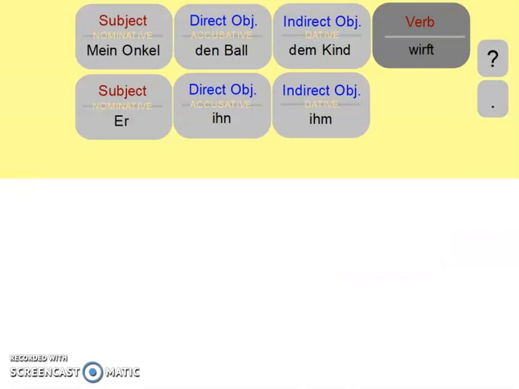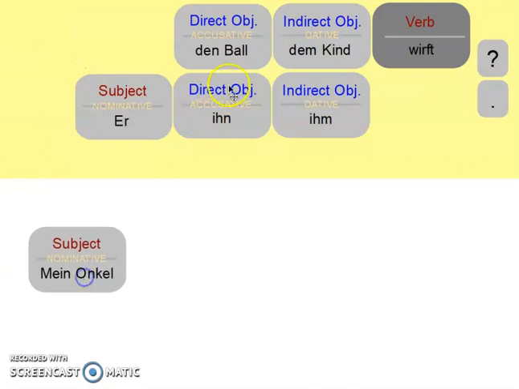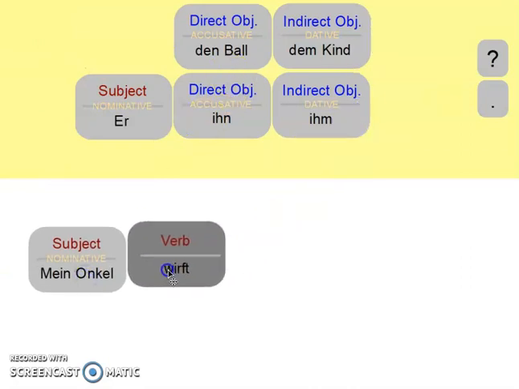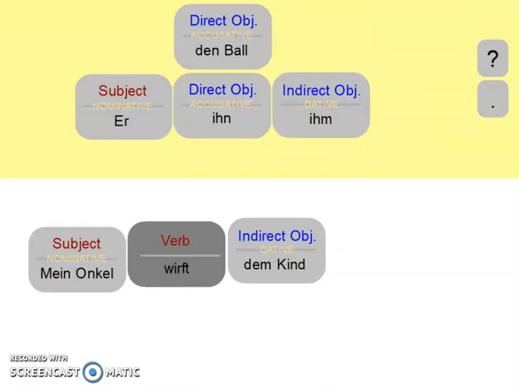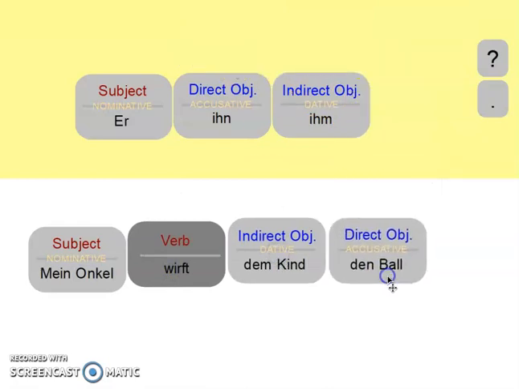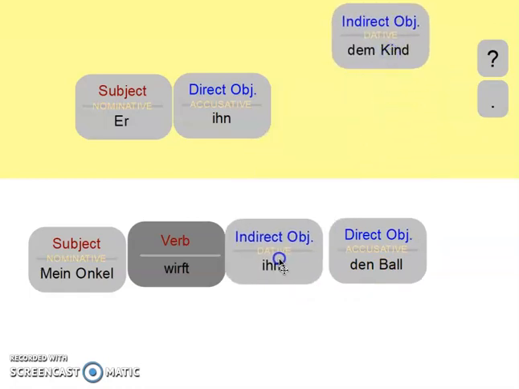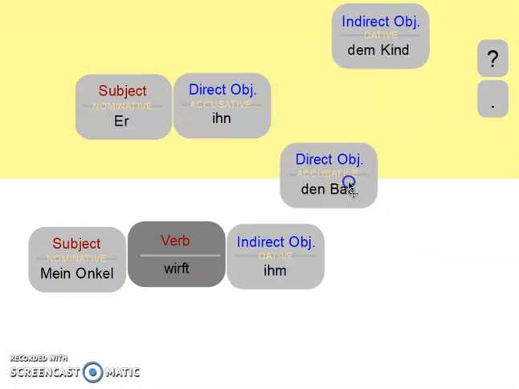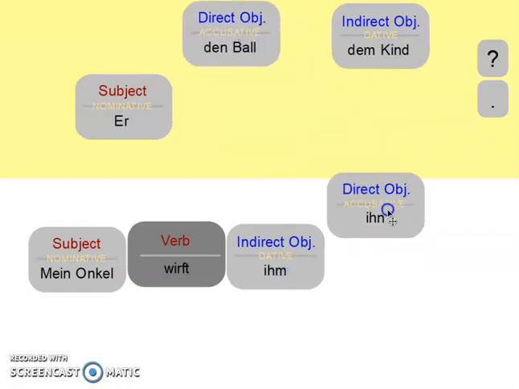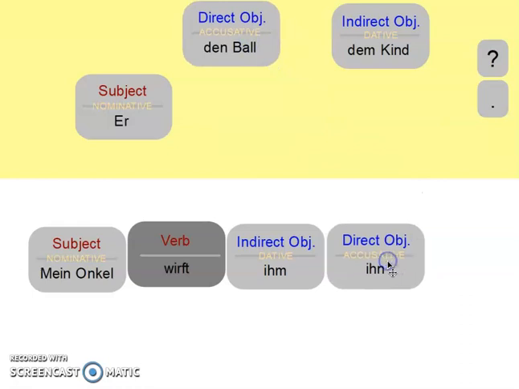Now, when we use pronouns in our sentence, if we use too many of them, we actually have a certain order that is correct in German. So normally, let's start with our English sentence the way we would write it in English. My uncle throws the child the ball. If I want to replace the child with our pronoun, that would be ihm. If I want to replace the ball with it, that would be ihn, and this is actually an incorrect sentence